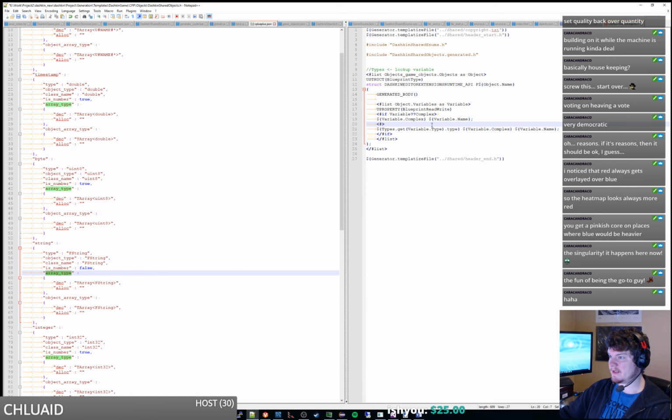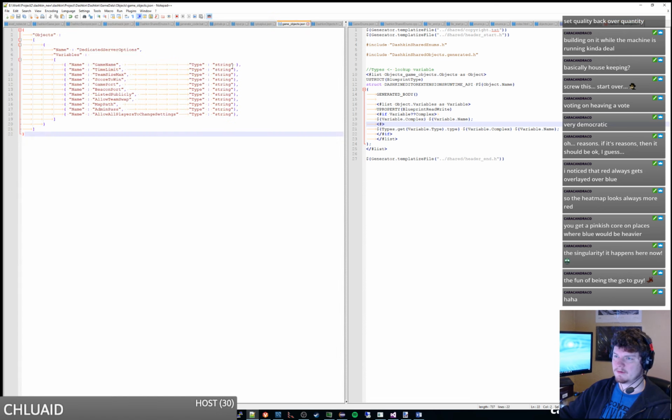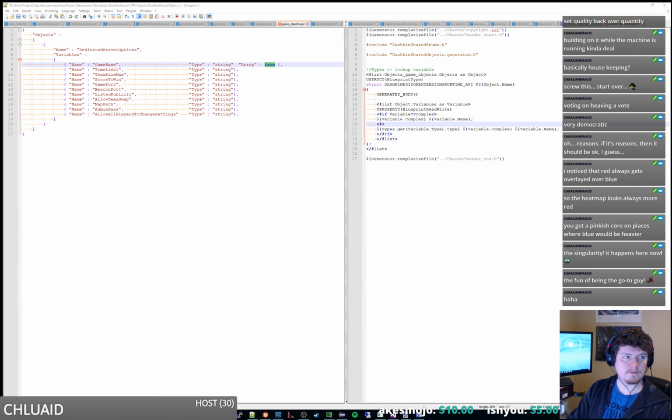But we definitely need array support for like array of integers or array of FStrings or something. So we need to know if it's an array. So if we go into our game objects, I guess we could do like array is true or something. Alright, it's else if. So the variable.array